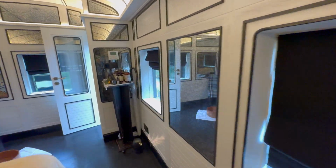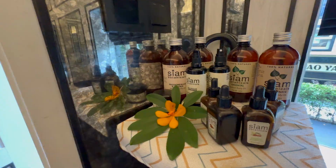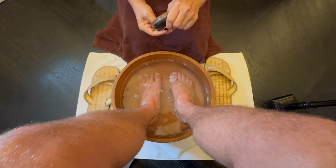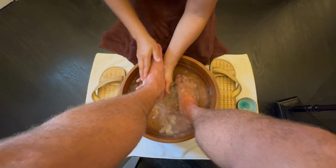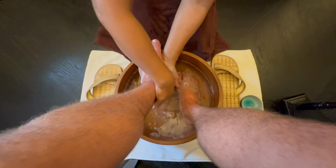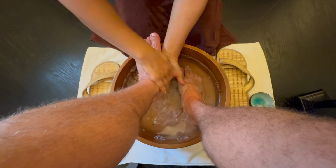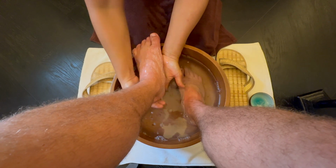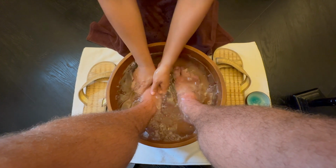They also offer a lovely display of the local Thai beauty products that they use at the spa by Siam. All treatments at the spa begin the traditional Thai way, where you get an exfoliating foot bath, so they rub some lovely exfoliant on your feet and then wash both your feet as well as your legs before you hop on that table to enjoy a blissful massage, facial,